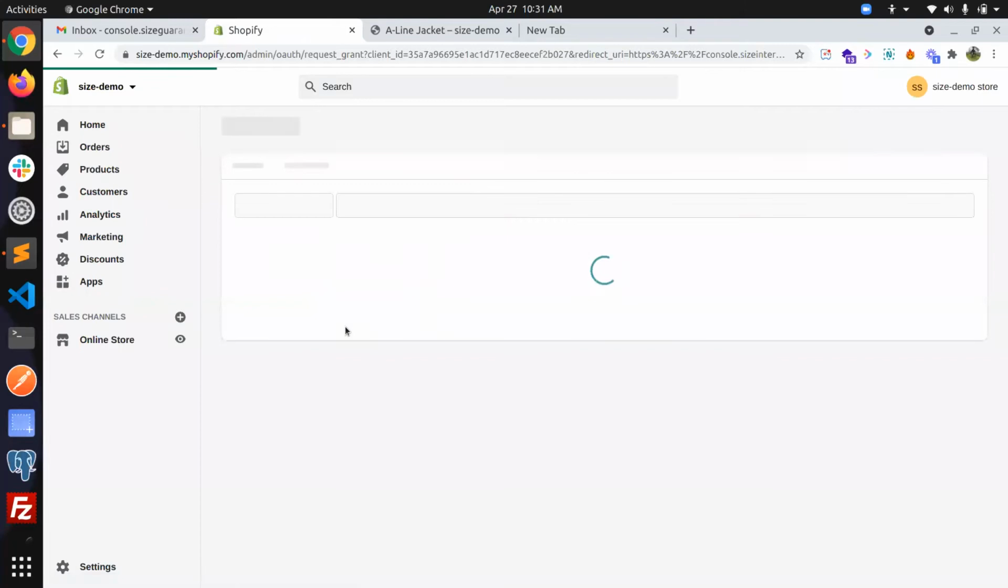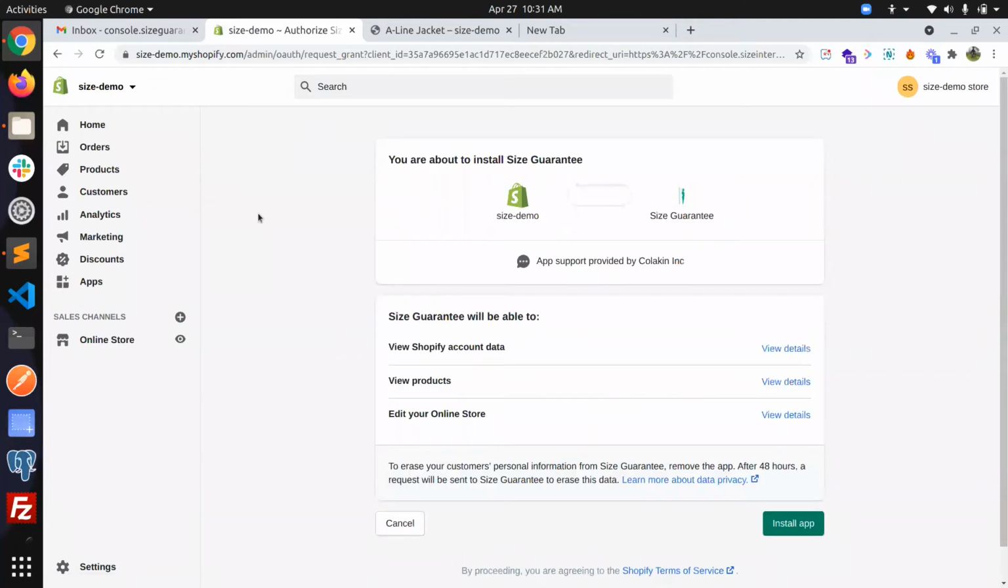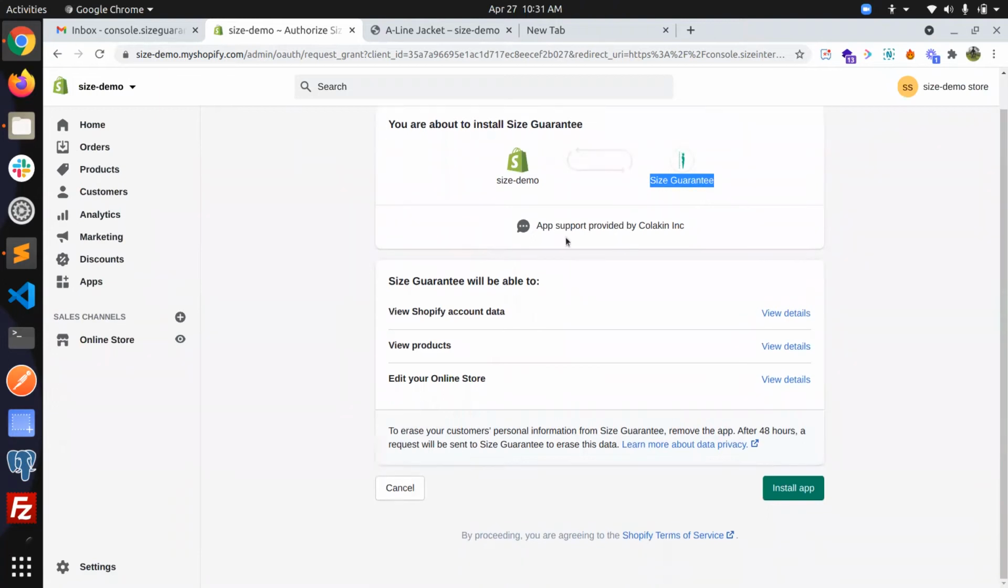So yeah, logged in successfully to the size demo admin area. It will ask you to install the app. We are going to install size guarantee. Here are the terms and the details collected by this app. When we click install app,